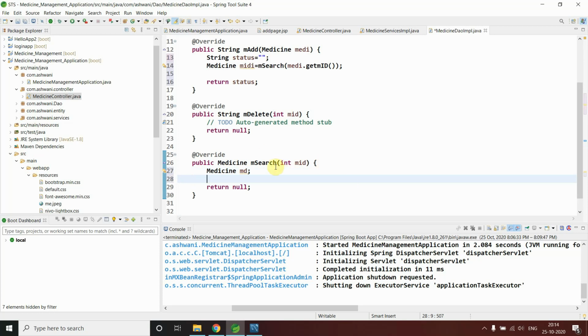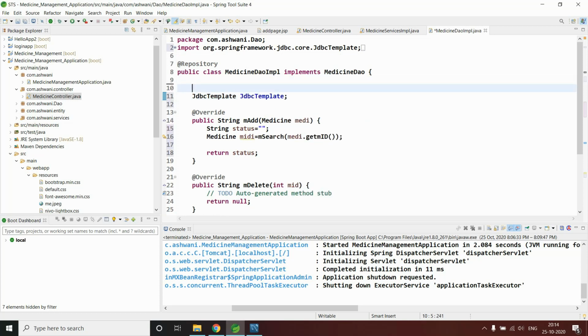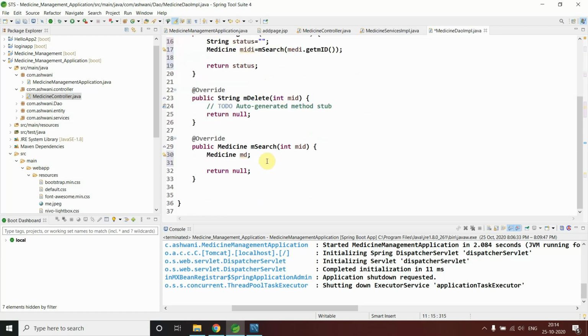Spring Boot gives me some very useful templates which can help me interact with databases. So I say here JDBC template, and I simply add the annotation Autowired. Now I have to use a query method of JDBC template.